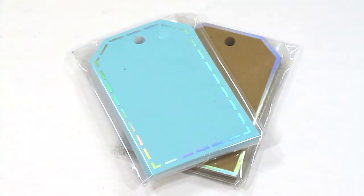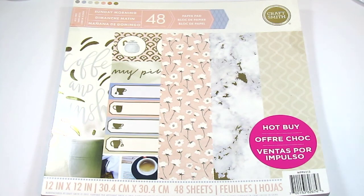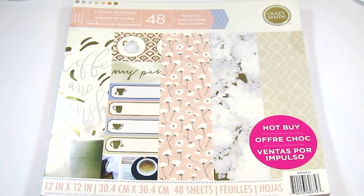And then as I was poring over all of the $4 items, it occurred to me, if these are on sale, they're the standard everyday value price, they're not usually on sale, does that mean the Hot Buy paper pads are on sale? So I ran over, grabbed one, scanned it, and yep, regular $12 on sale for $7.20. So I just grabbed this one, the Sunday morning pad. It's the only one of the new Hot Buy pads that I've really had my eye on, so it was nice to get it for a